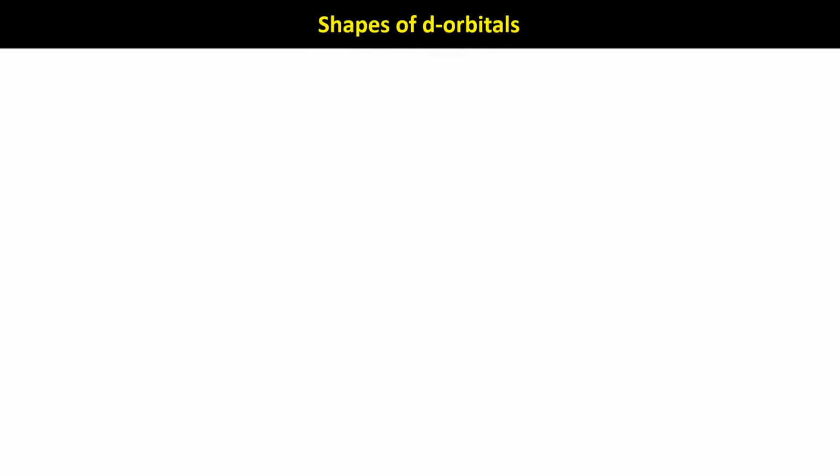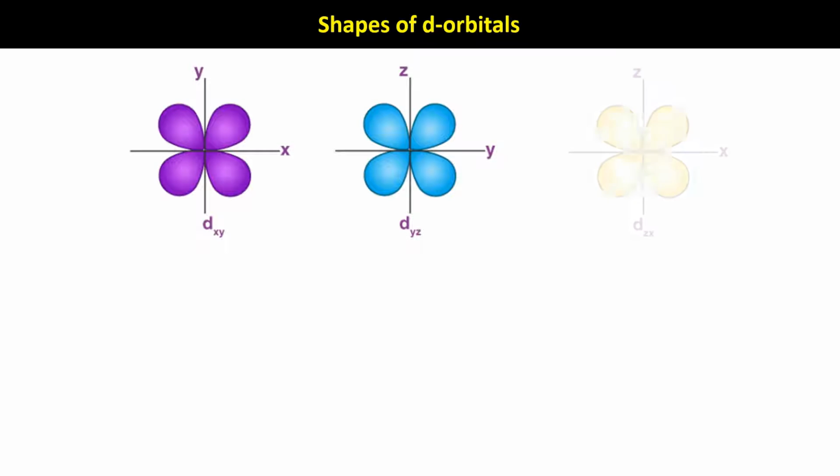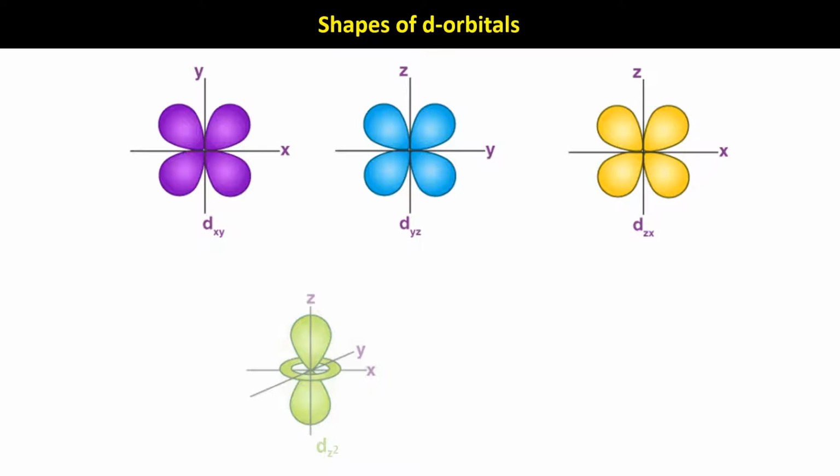Before going into details of splitting of d orbitals in different environments, we need to know their orientation along x, y, and z axes. We know that there are 5 types of d orbitals: dxy, dyz, dzx, dz square, and